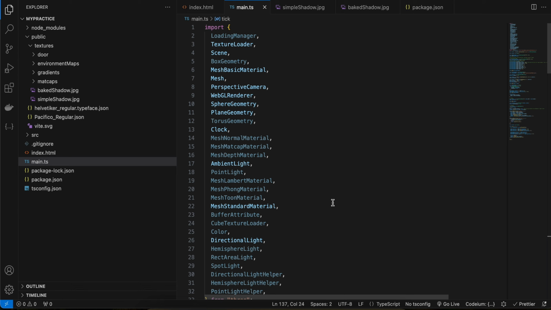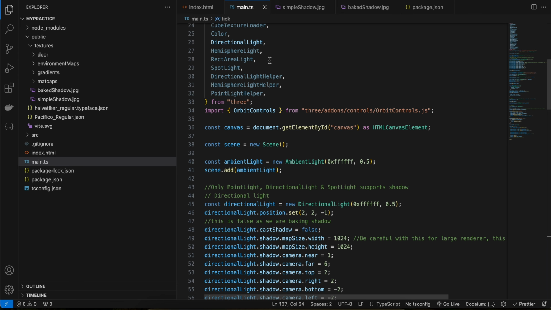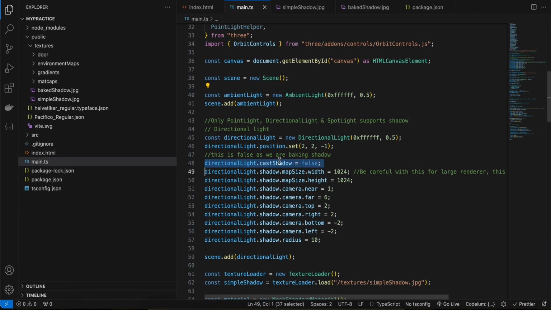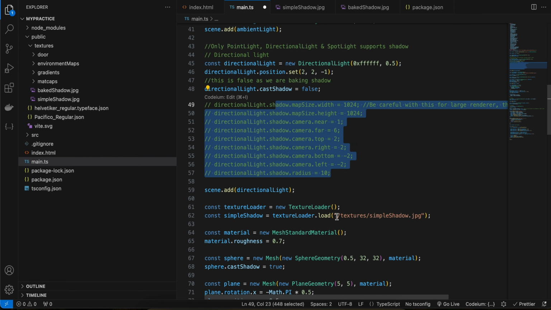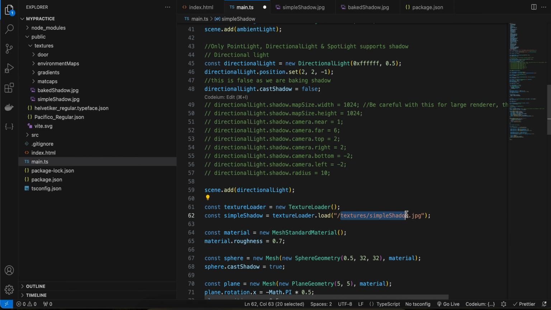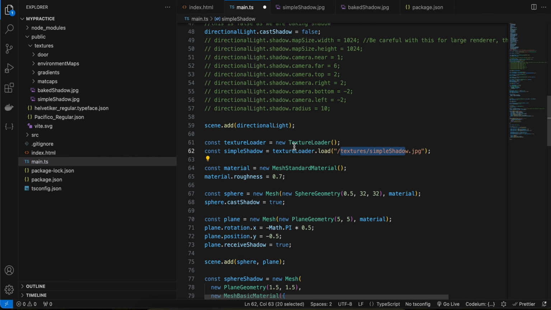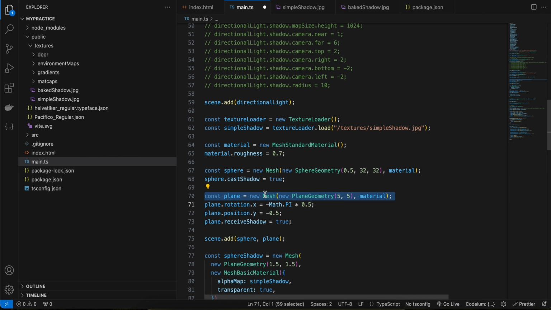So let's see how I've done it. These are all the imports for it. Again, same thing, I have created one scene. This is our ambient light, this is our cast shadow directional light. Again, we don't need all this stuff, I'll just comment it out. Then here I am using the texture loader and I am loading our simple shadow. This is how it looks. Then here I have created one mesh standard material, and one sphere geometry, sphere mesh. Here I have created one plane mesh, and